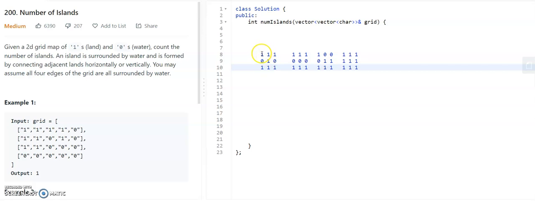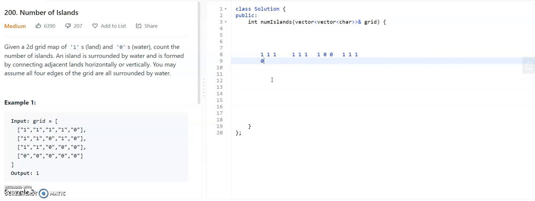DFS means first we start here, we go to all the 4 possible sides, then we mark it if it is 1, and recursively from that marked position we again go to the 4 possible sides. Like that we will do DFS. Let us type the code. It will be more understandable if we type the code.